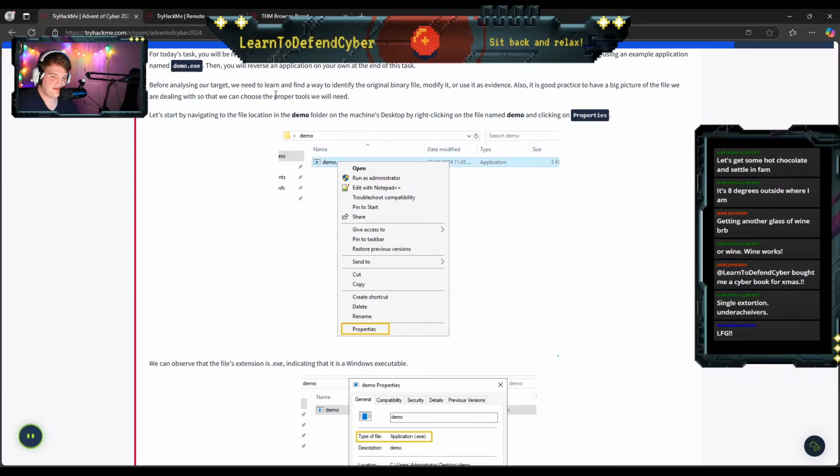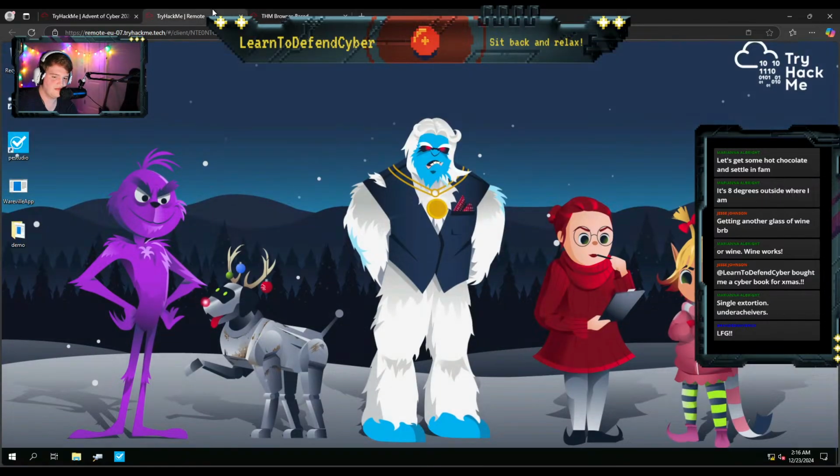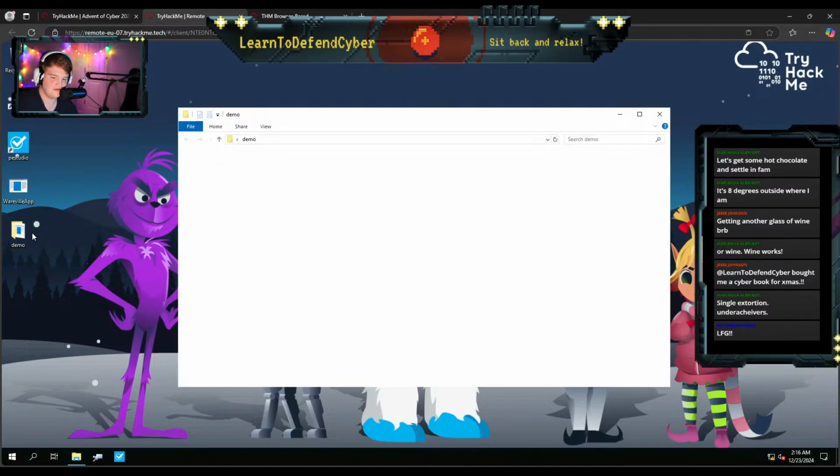Before analyzing, we need to learn how to identify the original bin file, modify it, and use it as evidence. It is also good practice to have a big picture of the file we are dealing with so that we can choose the proper tools. Let's start by navigating to the file location in the demo folder on the machine's desktop by right-clicking the file named demo and clicking on properties. This is our Linux machine, but right now we need to go to this demo file on the Windows machine they gave us.